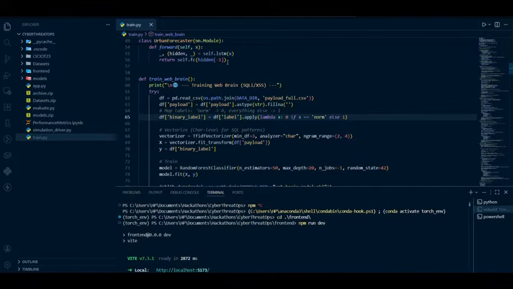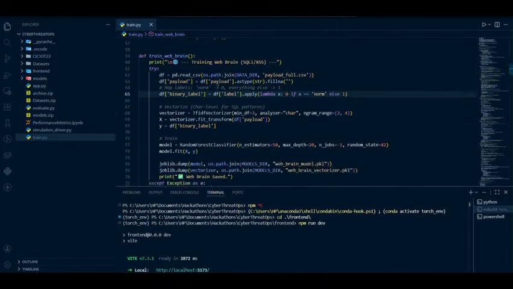Models. We have 5 different models. The first model is the web brain model, which is a random forest classifier that stops SQL injection and XSS attacks using TF-IDF character analysis. After that, we have